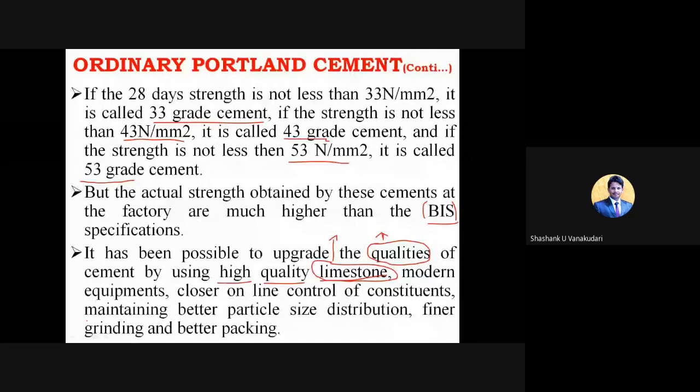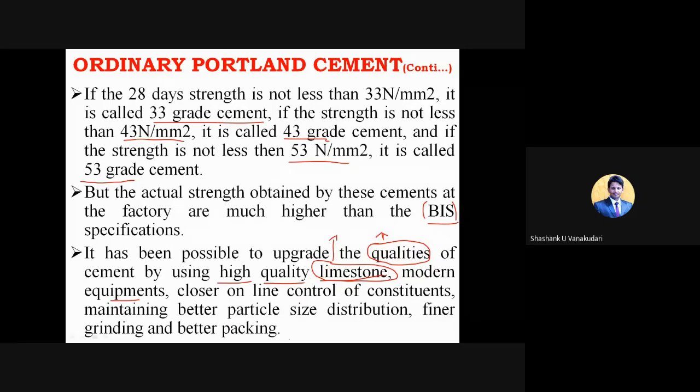So the clinker that comes out from the rotary kiln might not be up to the mark of quality. But when you use modern techniques, everything is given in the proper amount of required contents. So modern equipment helps you to get better quality cement. And closer online control of the constituents means we need to check which type of raw materials we are using and how much content of the chemicals is present in them. Only the specified proportions of the chemicals and raw materials can be used there.